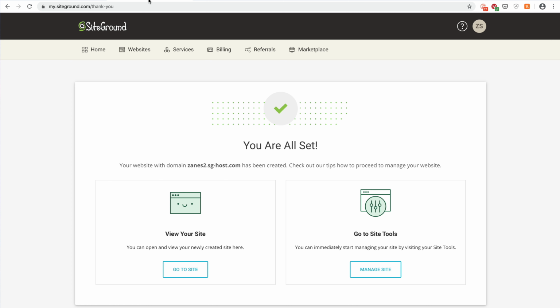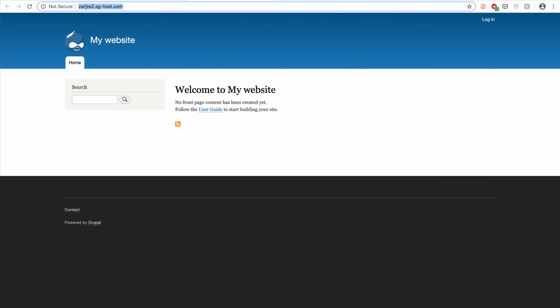When the site installer has finished, you will see this screen right here. I don't know if you just heard that notification, but you'll also get an email with your login info and everything that you'll need to get started. So let's see what this has done for us. Let's go to this site, and you can see up here, this is the staging domain, and we have a brand new Drupal website. This is pretty awesome. So I'm going to go ahead and log in,